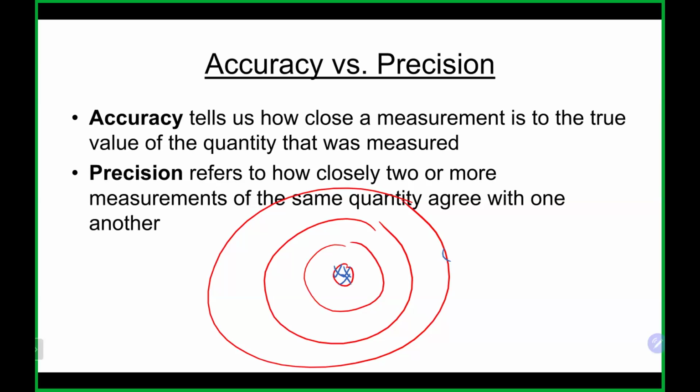If you had like a 200% error, you pretty much screwed up pretty bad. But if you had like a 0.1% error, you did a pretty good job. It's a really small number. When we look at